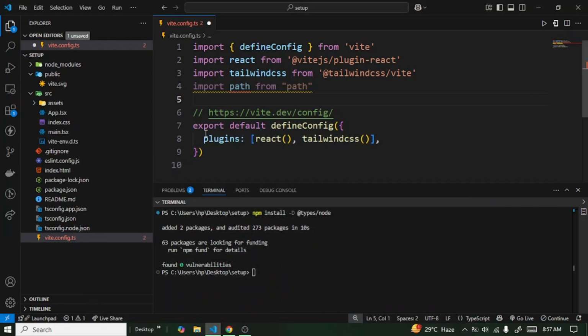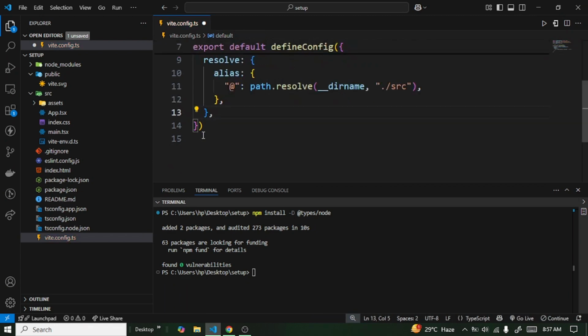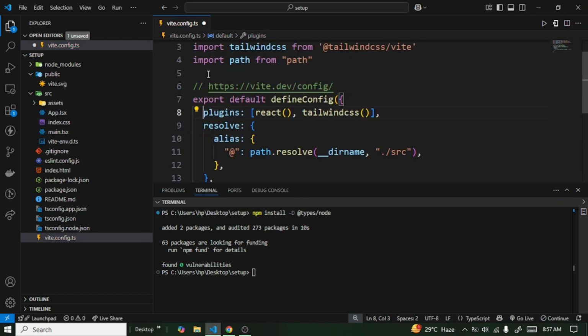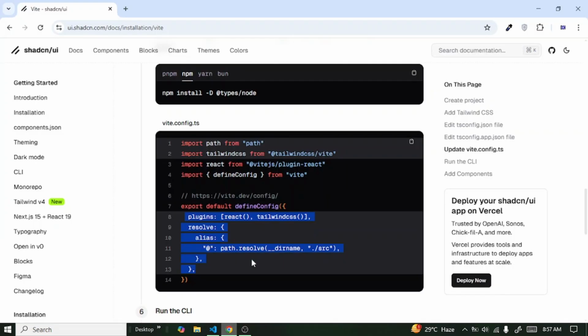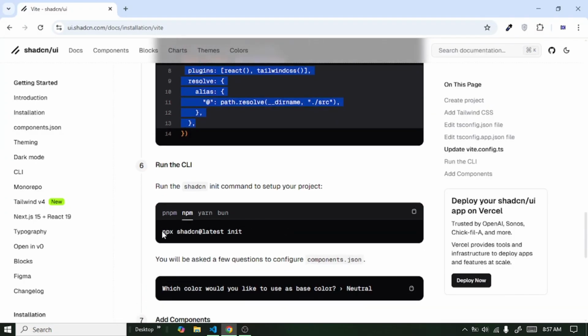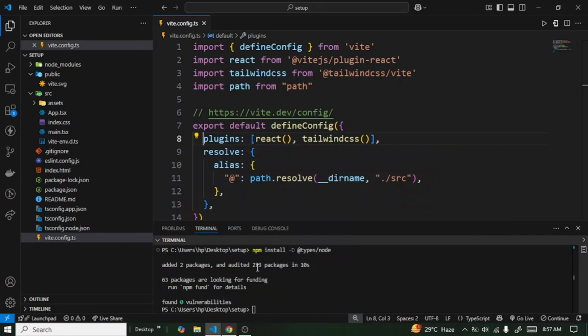So I'm just going to go back here and then paste it right here. Yeah, I think we are good to go now. Let's go back again. It says you should run this CLI command, so I'm going to copy that, come back